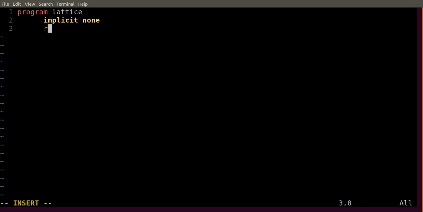One of the parameters is the density of your system. Let's say I denote it by a real star 8 parameter, rho, which is equal to, let's say, 0.5, some density you have to specify.